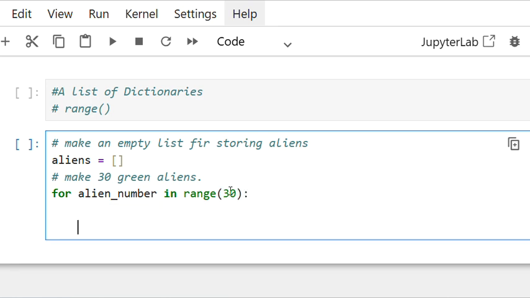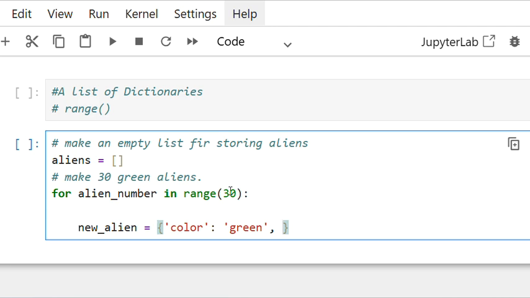Let's say new_alien is, let me add a dictionary now, and let me include the color. Let's say the color is green,